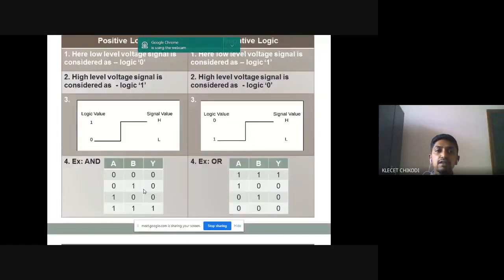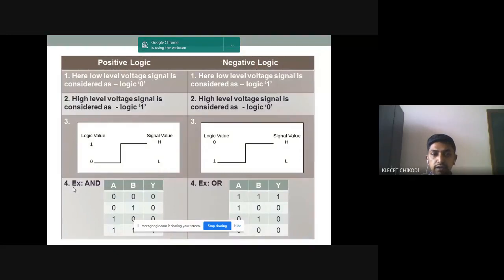you can see the AND gate truth table here, A, B, Y. Just see the differences here. For example, I have taken the AND gate in positive logic and the OR gate in negative logic. And yesterday we saw how to create a truth table for the positive logic OR gate and negative logic OR gate. Is it clear? Just now see the positive logic AND gate and the negative logic OR gate. See the truth tables, both of them.